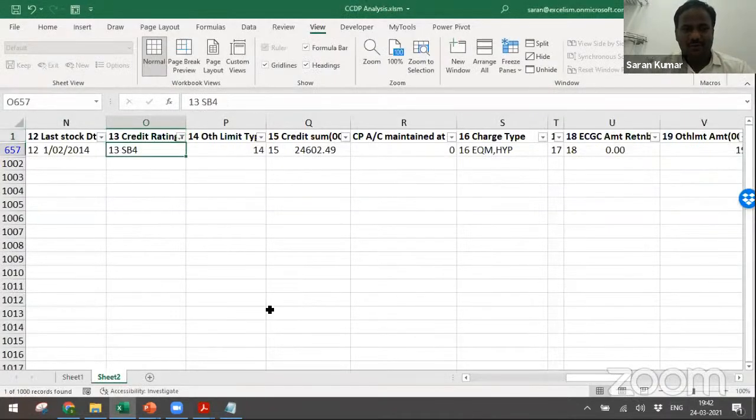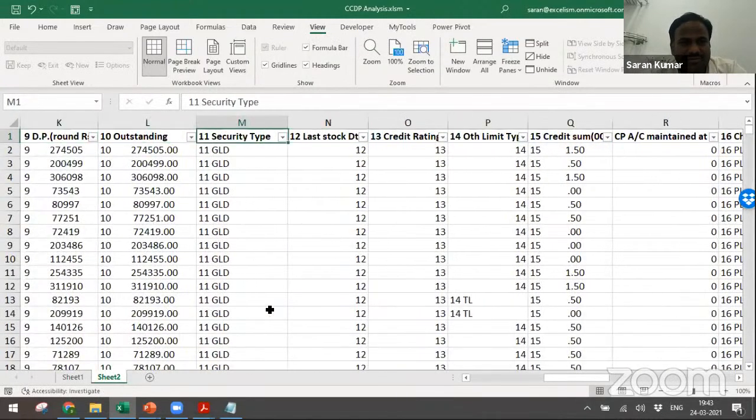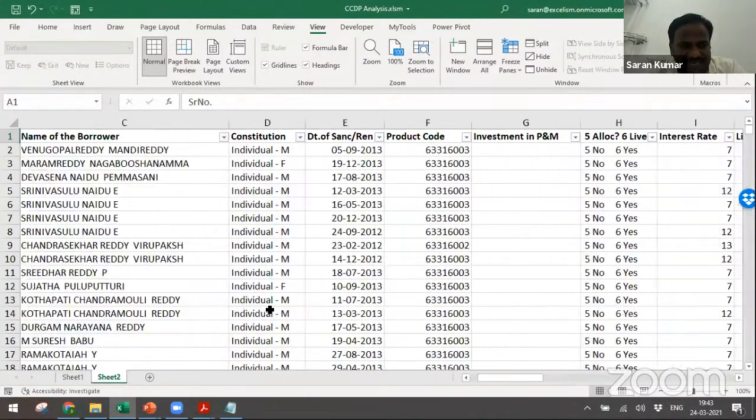In this case, out of 1,000 accounts, only one account, that is SV4, has the credit rating. Then you can ask what is the credit rating report and check it out whether it is from the RBI approved agency. Then for the remaining ones, if there is already any restriction with respect to the RBI about its threshold credit rating being required, then you can verify. If not, you can just comment upon. Okay, so I think more or less we have covered the files and everything.